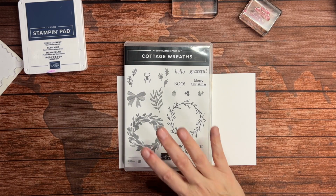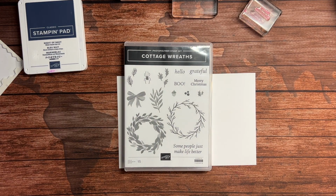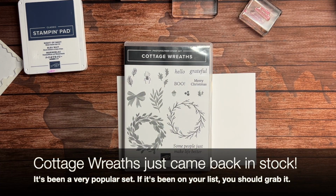Let's get started. I think it's a great little Christmas card for you tonight. Simple to do, and I'm going to show you how you can step it up. We're going to be using the Cottage Wreaths stamp set tonight, and this is a very economical stamp set that